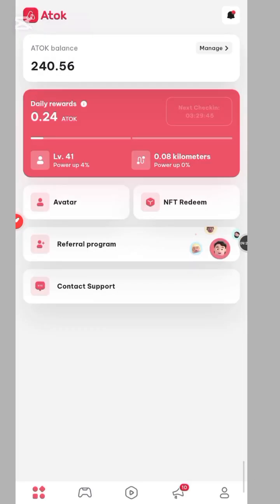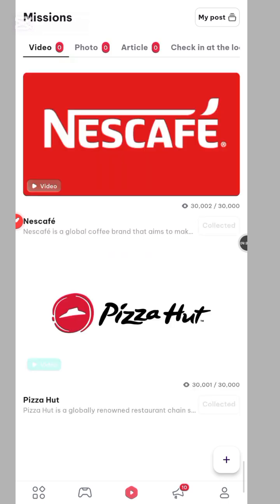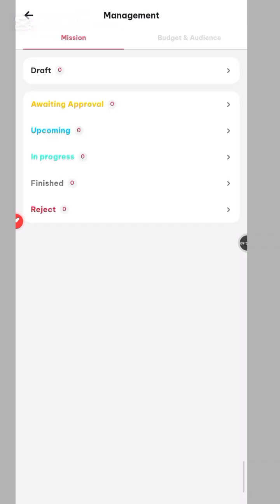Then the other way for you to earn, let's go back. When you watch video, which is at this angle, you come to watch video. But by the time you watch video, it will be posted in the app, in my post. And there is another thing you have to do now. If you check in this my post, you see my post. In case you want to advertise,